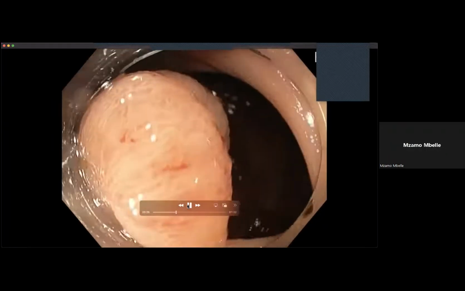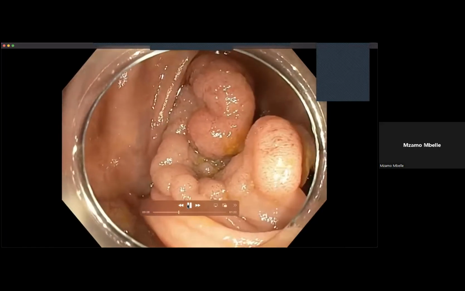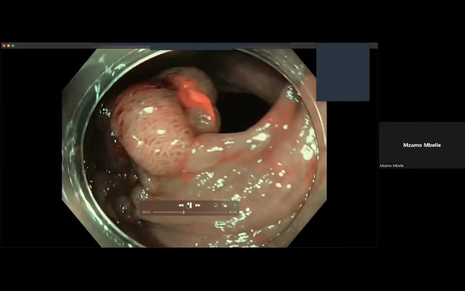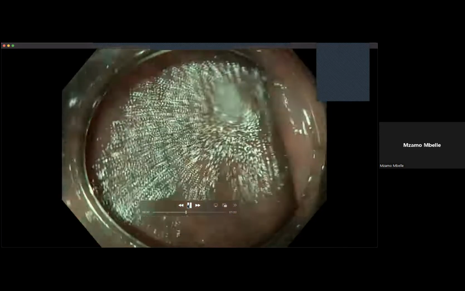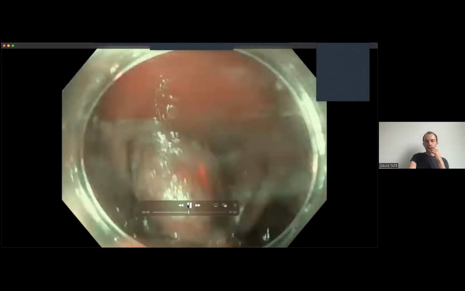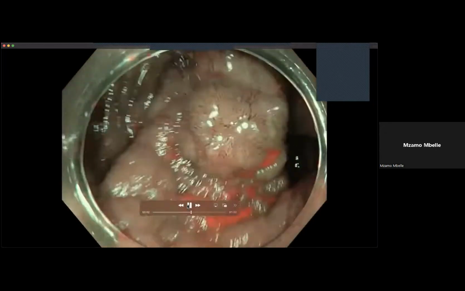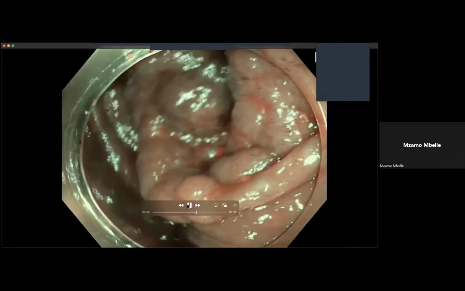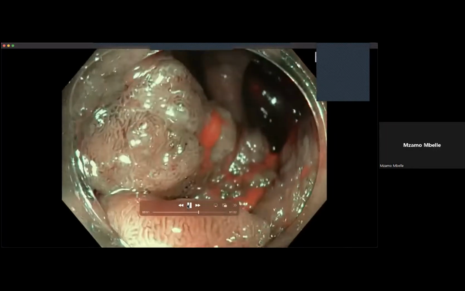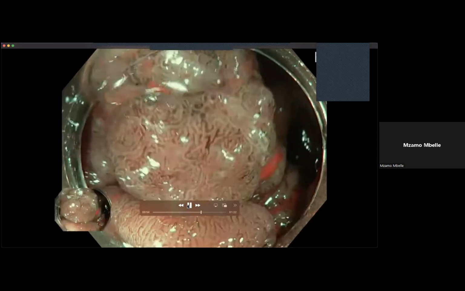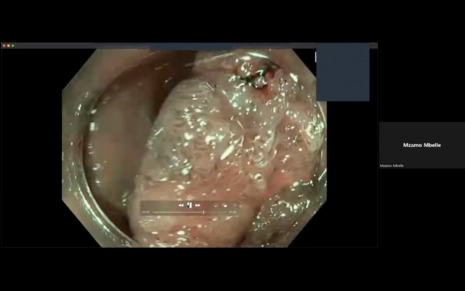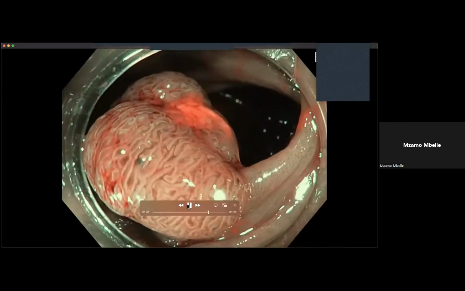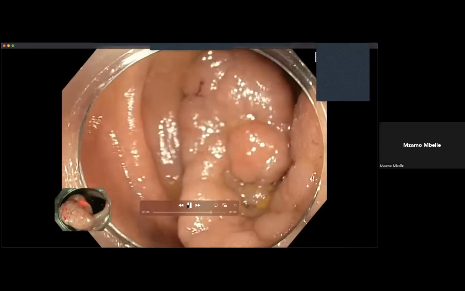Looking at the most of the polyp, looking for that demarcated area, I don't see one jumping out at me. I agree with that. And then just to classify the polyp, it is quite a large polyp, certainly more than 3 centimeters, maybe more. I would classify it as a 2A lesion. I'm not quite sure if there's an area of depression within the center. I think it might just be related to the granularity rather than an actual depression.